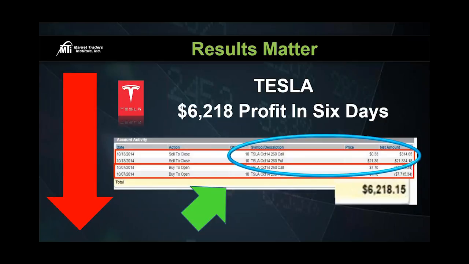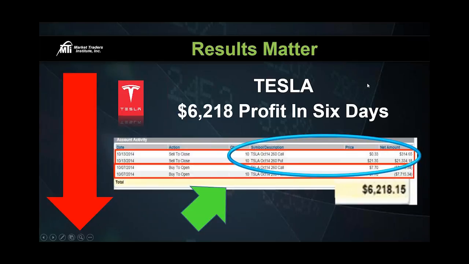Now, that was a little bit more of a position. We did have 10 contracts on that position right there. But for my new people, if you only had about one contract on that, you still would have made about $600 in 6 days off of that move. So not too bad. It's the kind of position we're talking about. That's what it's like trading with our team. Start trading one contract, build up 2, 3, 4, 5. The sky is the limit.